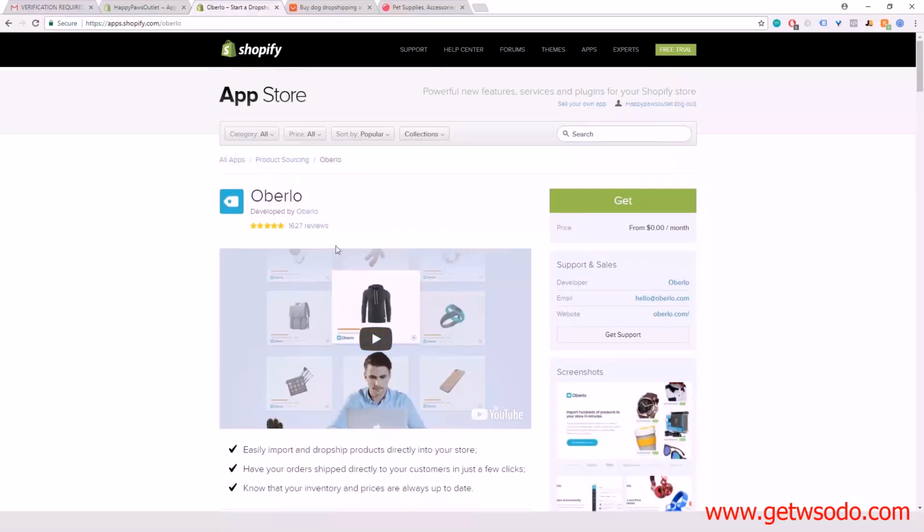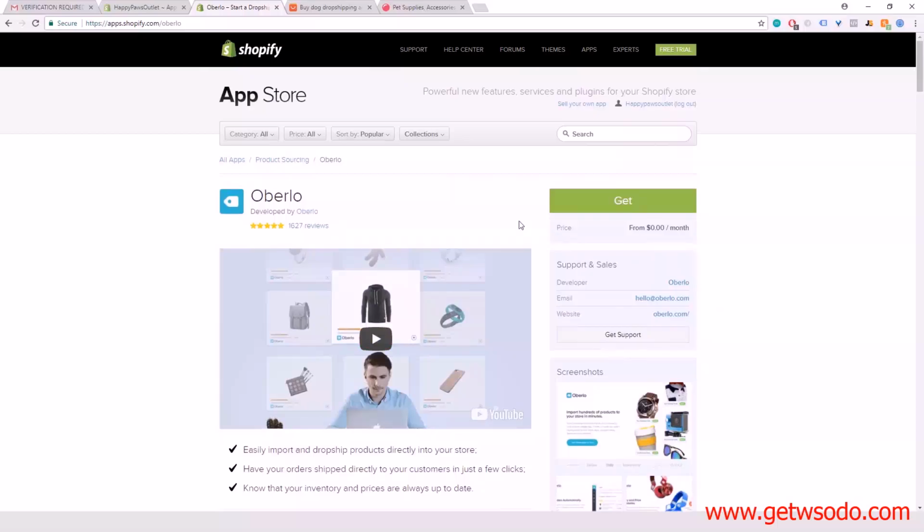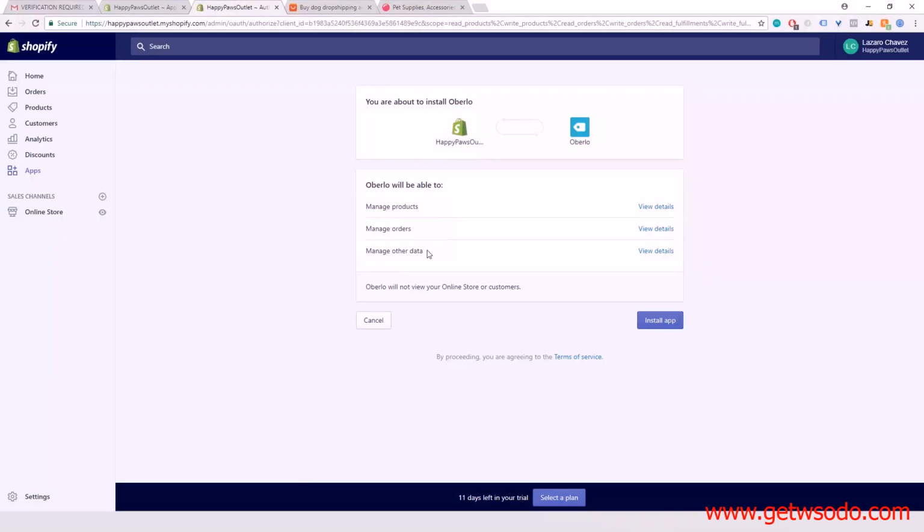Now keep in mind that there are other apps that do stuff that is similar to this. This one is just the simplest one to use. Shopify owns this app actually, so it's really well integrated with Shopify, and it works well for us, so we're just recommending it for you as well. So basically what you're going to want to do is click here, get, and it's going to ask you to install the app. I'm going to click install,